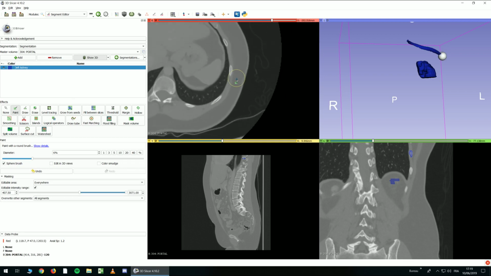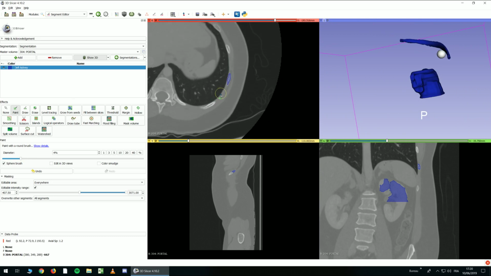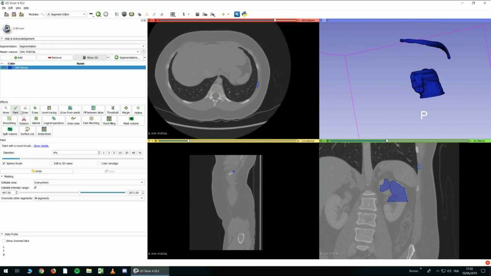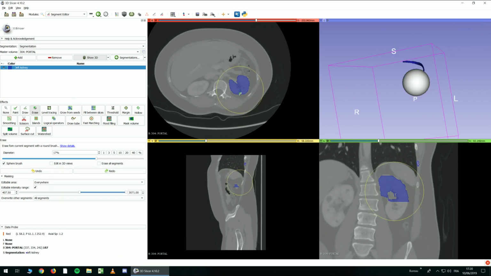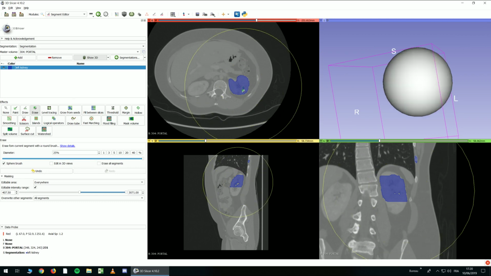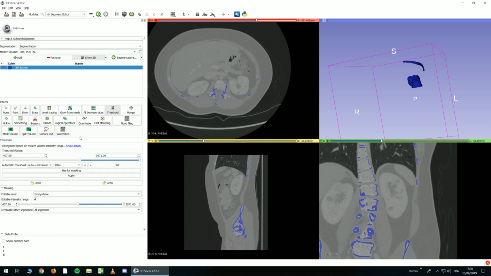And you can, okay, you see, you can do this for a lot of things. It's not bad, but you can do better things with it. For example, the left kidney, I will erase this because it's useless. And obviously I forgot to